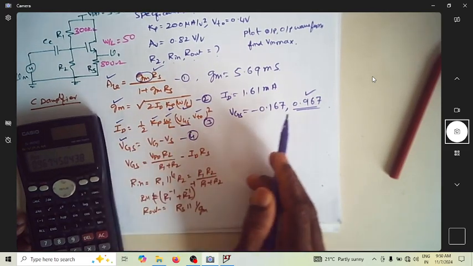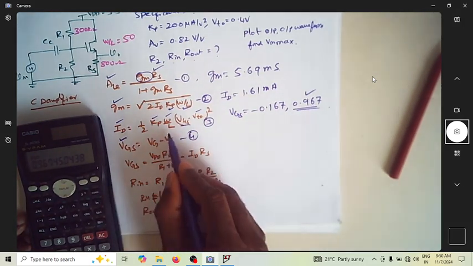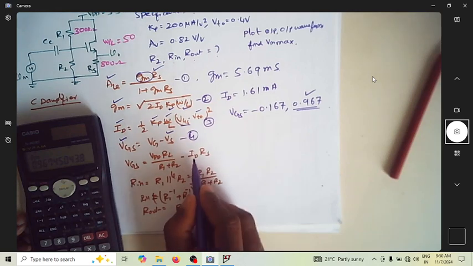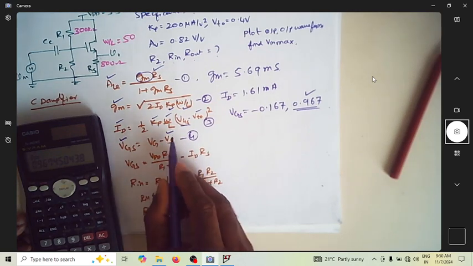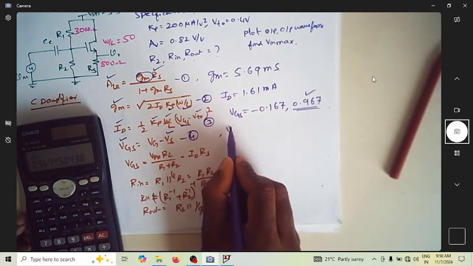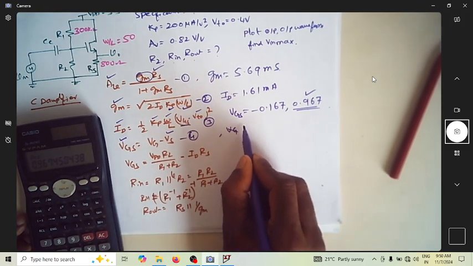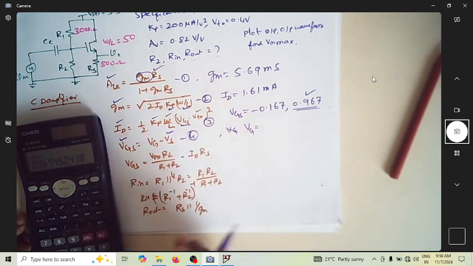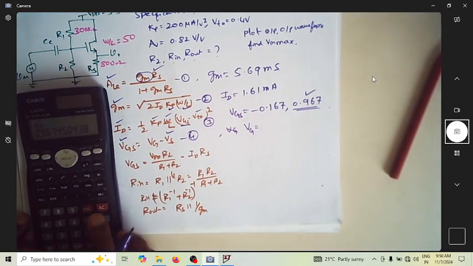So we know what VGS is, which is 0.967, and we know what VS is. VS is how much? VS is ID into RS. So we can find what VG is. Using equation 4, let us find VG, which is nothing but